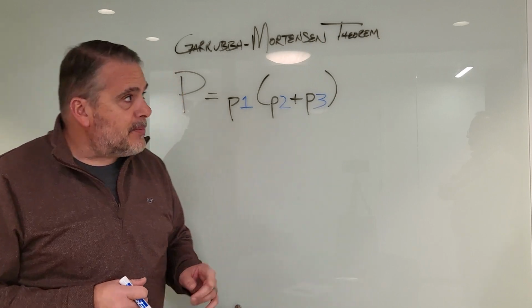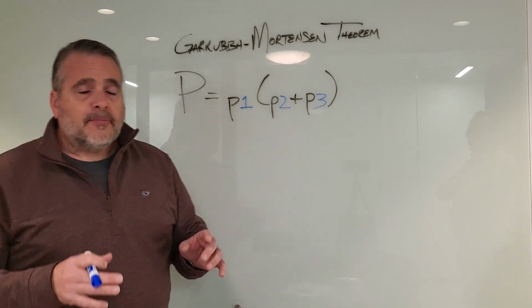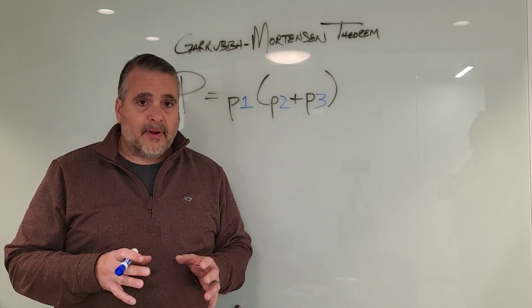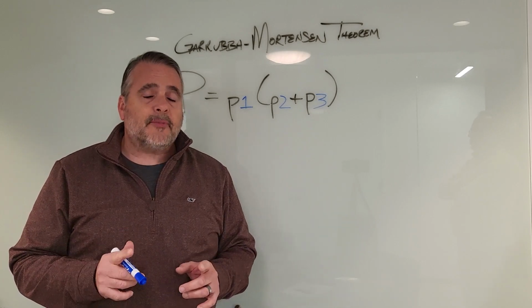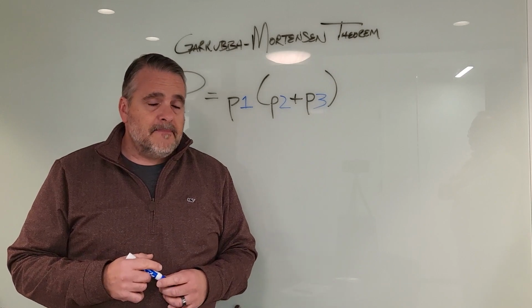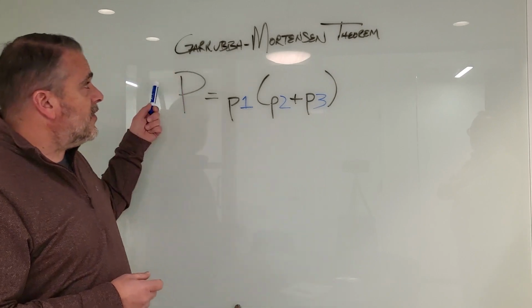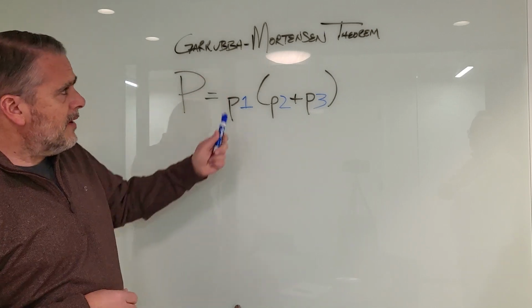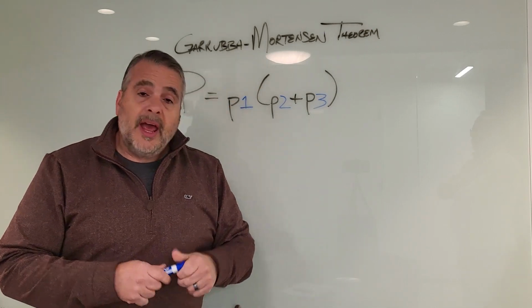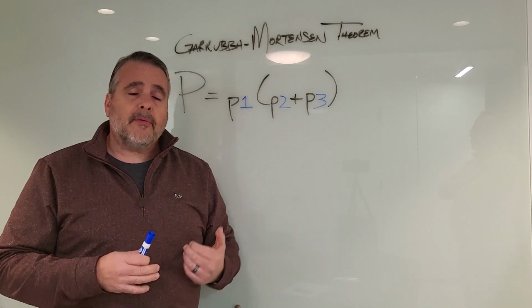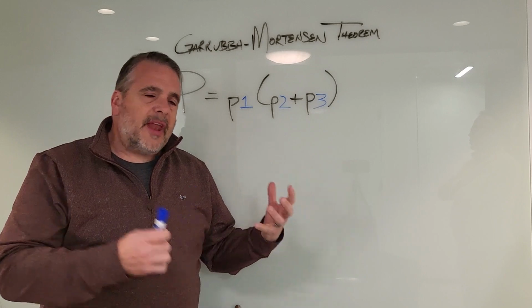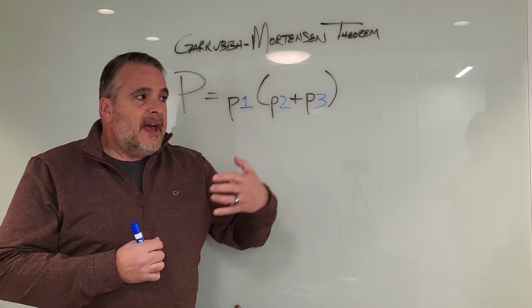I first had this published back in 2016 as part of the Risk.net book series. This one was called Cyber Risk, and I had the pleasure of writing the chapter on third-party risk management. In this, I first had this published. This is called the Garruba Mortenson theory. Myself and Ken Mortenson, at the time the chief privacy officer that I reported to, gave me the impetus to put something together that really helps to better understand